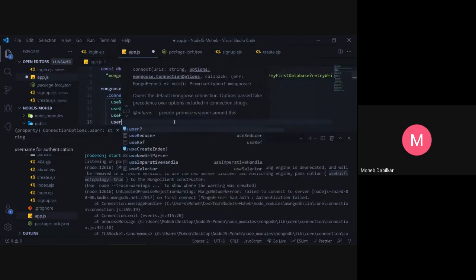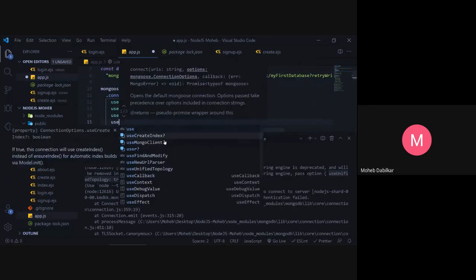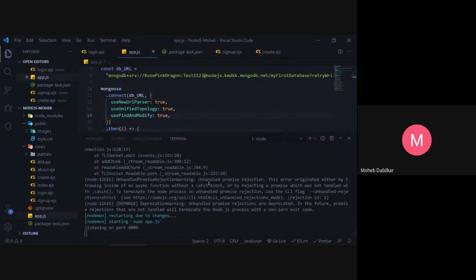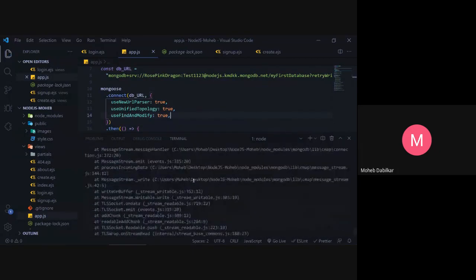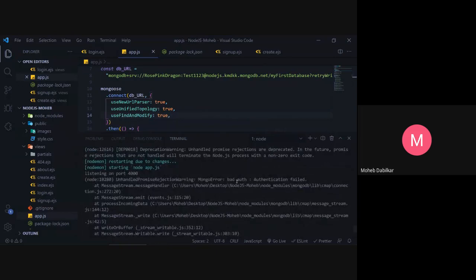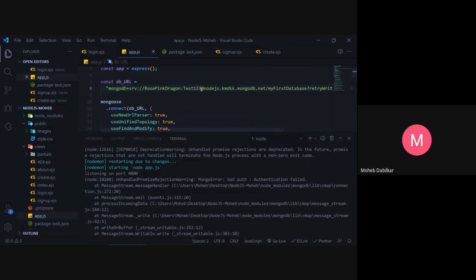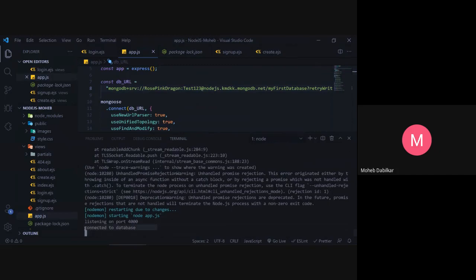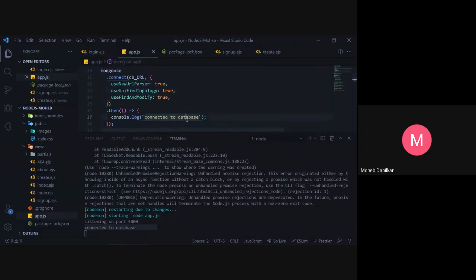let's just put a comma, and then we have by default useCreateIndex is kept false, but useCreateIndex helps us speed up our pages. Well, it just complicates something, so we will not be doing that for now. So if I solve this, okay, we still have an unhandled error, bad authentication failed. Okay, chalo. I guess it is 123. Let's just hope. Yes, we are connected to database. Chalo.